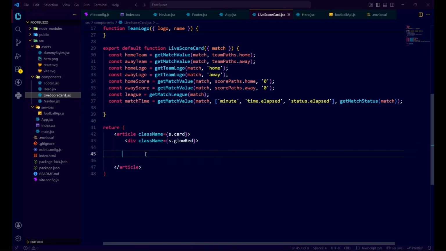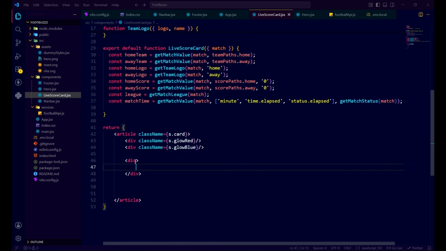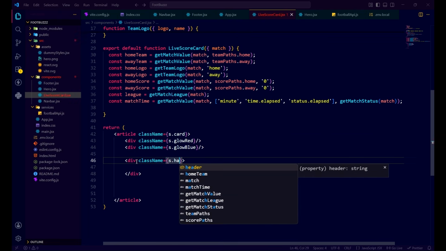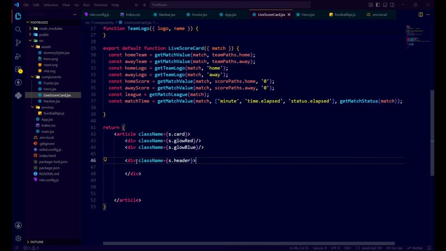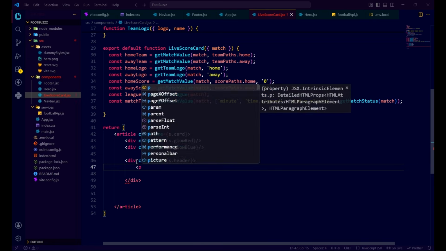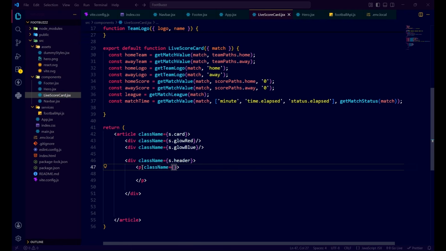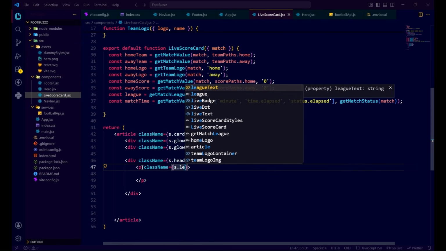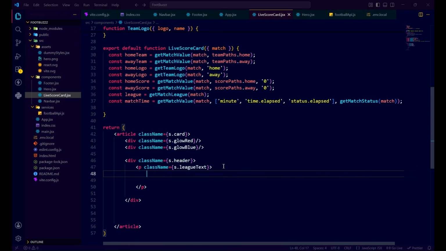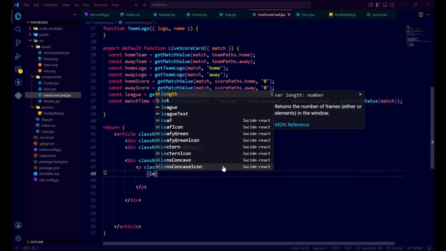Now let me close this by self-closing tag and copy this div and paste it here, and we'll write glow blue. Now here, let me open a div and give the class name s dot header, and inside that, let me open a paragraph tag. Let's add the class name s dot league text. Now here inside this paragraph tag, we'll pass the league prop here,